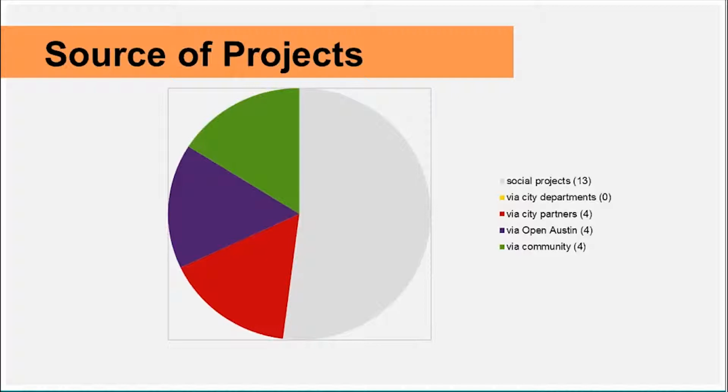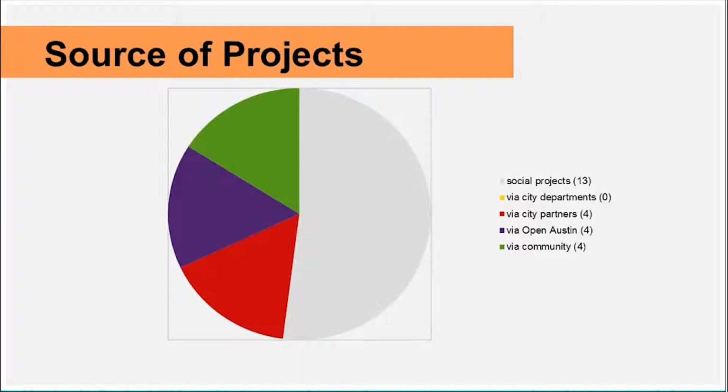So what you should be seeing on the chart is that of the 25 projects, they were fairly evenly split between what we call civic projects and the social projects: 13 social, 12 civic projects. First, I'd like to talk about the yellow slice of pie in that chart. And you may be saying, what yellow slice of pie? And I say, exactly. Our initial strategy, as Claire said, we were out at the beginning of the year trying to recruit projects to this event.